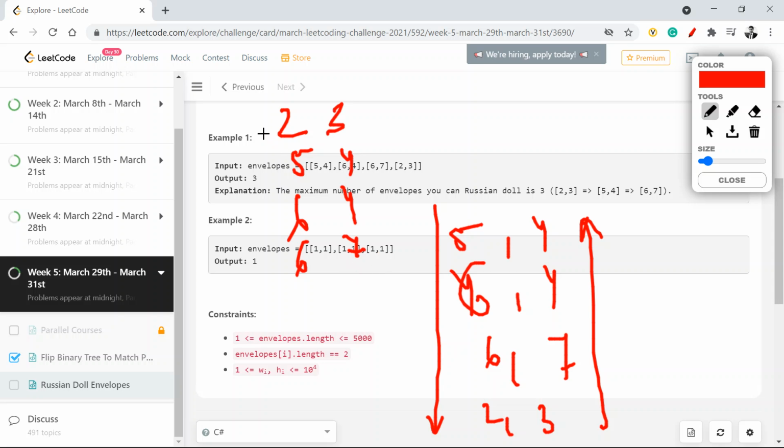In this place, these two are fine because both are less than each other. 5 is greater than 2 and 4 is greater than 3. However, in this case, I need to see if 6 is greater than 5, then I need to see which is the next index wherein I have 7 greater than 4, right? So instead of this, if I sort the second column in the descending order, it will be something like this. This will remain 5,4, but this will change to something like this, 7 and 3.